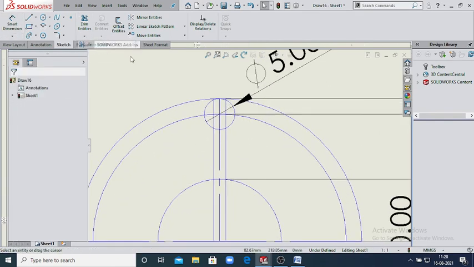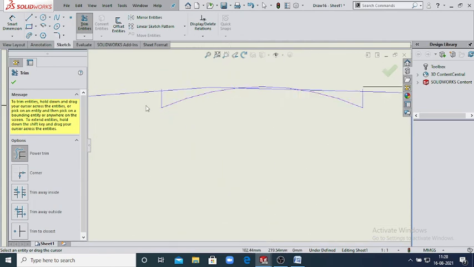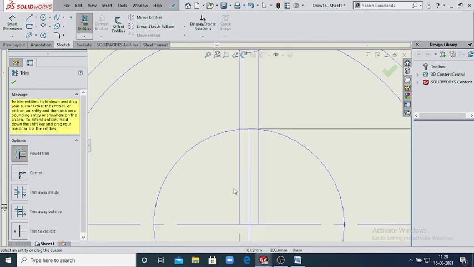Now delete extra lines with the help of the trim command. This one, delete these lines. Delete these lines. Okay. Delete this.